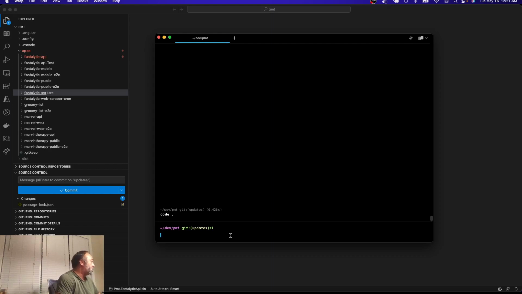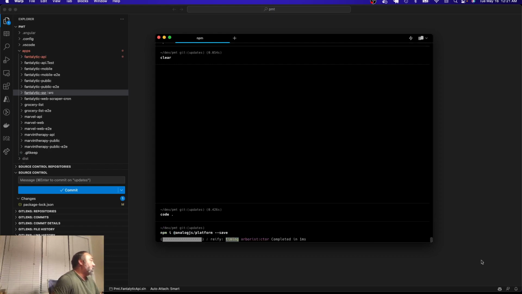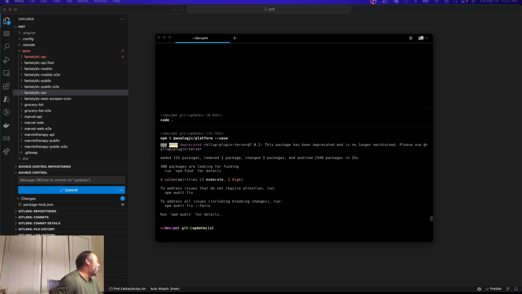First thing we'll do is an npm install on AnalogJs platform, and then let this run. Okay, now that we've got that installed, let's run the generator that's going to create that analog application for us in our workspace. So we can run nx g for generate @analogjs/platform app, and then this will give us some prompts